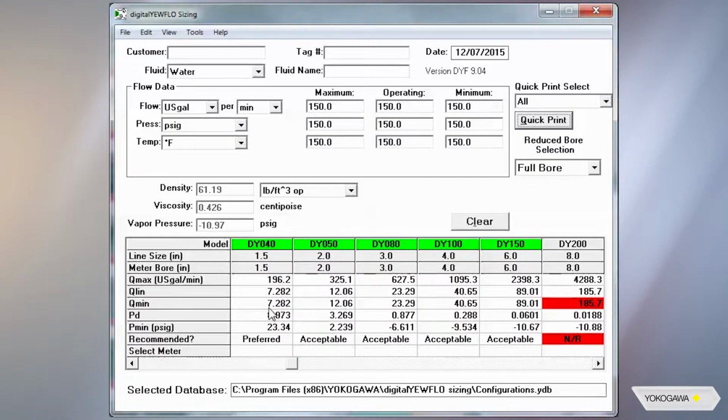Please note that as you move up the ladder, it will reduce the capability of reading on the low side. Let's say on the 1.5 unit, you can go as low as 7.28 gallons per minute, while if you move to the 2-inch unit, the minimal value will be 12 gallons per minute. So with that said, we are going to select the preferred unit, and then we are going to the View tab,